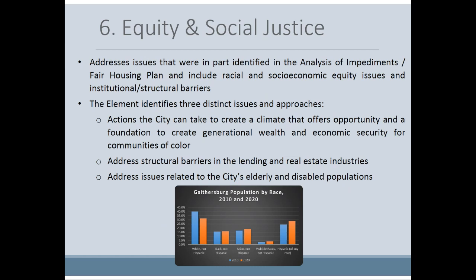More importantly, the plan identifies areas where local governments like Gaithersburg can mitigate past practices, and the city's draft housing element takes 3 approaches to this. First, what actions can the city take to address these matters? How can the city impact the ability of its minority and low-wage households to build wealth that gains them access to better housing? If residents do not have access to better education and resources to help them obtain better jobs